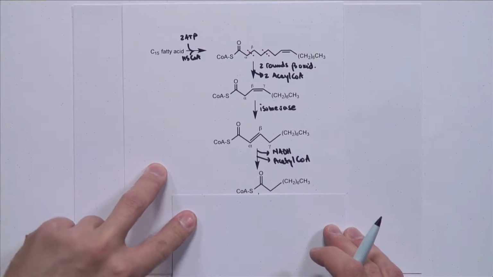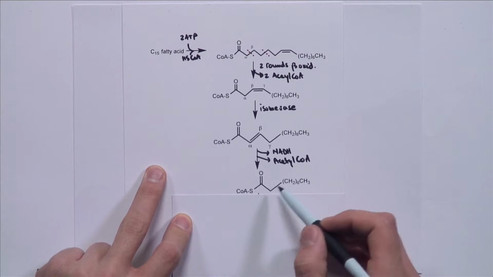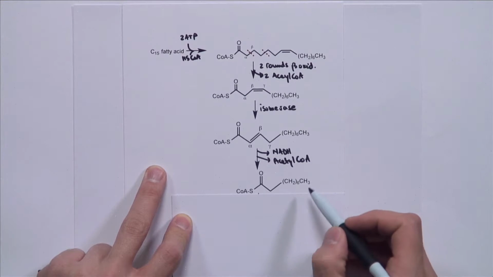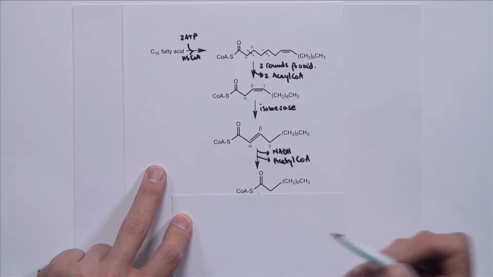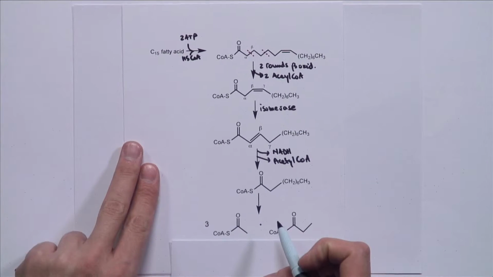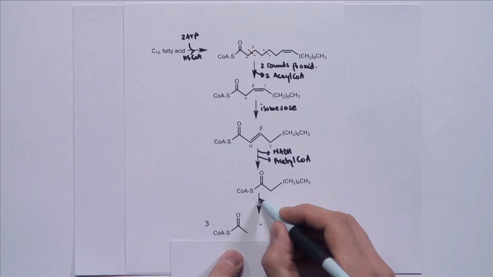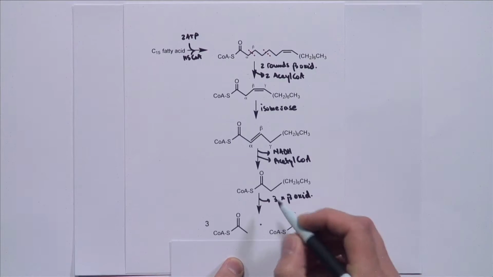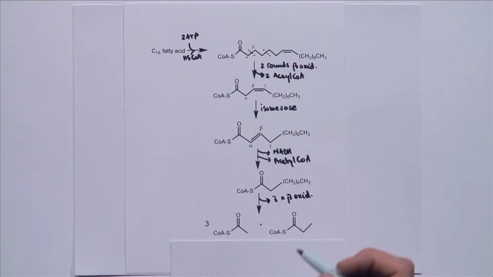All right, now this is a thioester of a completely saturated fatty acid. Now, of course, it's still odd chain, so we have 1, 6, 7, 8, 9 carbons. So we can do beta oxidation actually 3 times. So 3 rounds of beta oxidation, and it's going to take us to 3 molecules of acetyl-CoA, and the last portion of the molecule is going to be this molecule, which we call propionyl-CoA. It's a 3-carbon thioester.